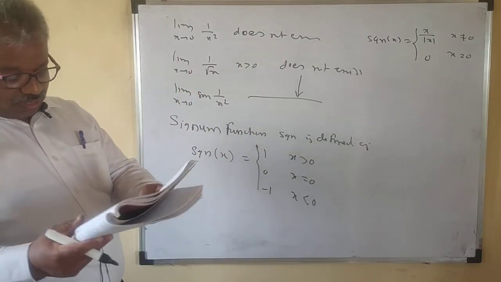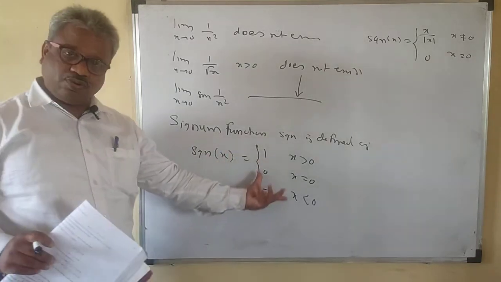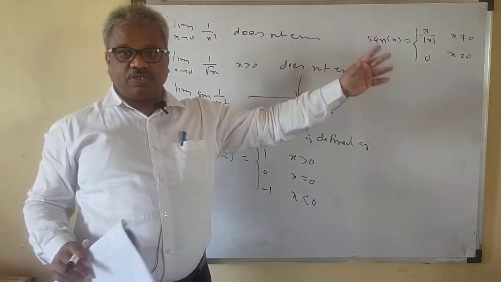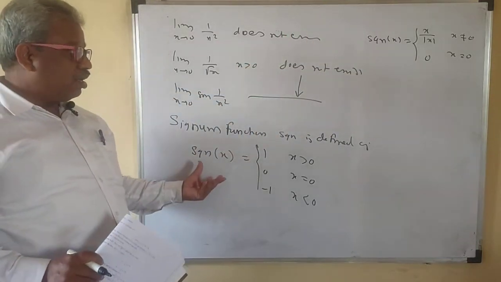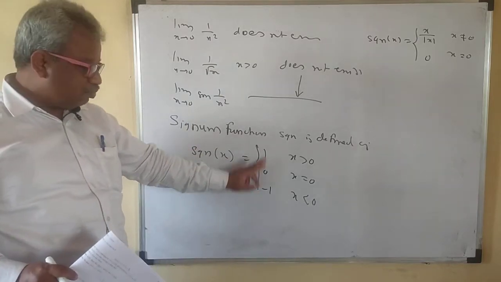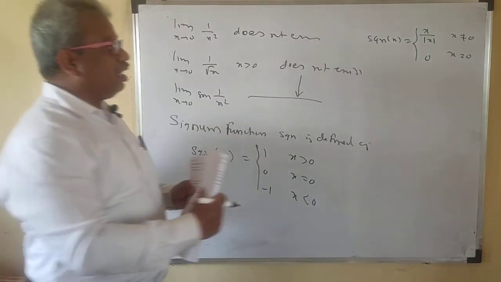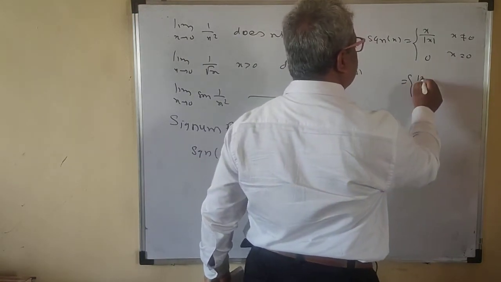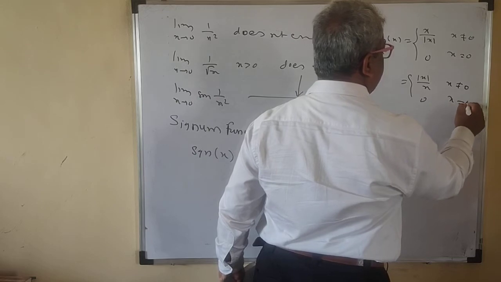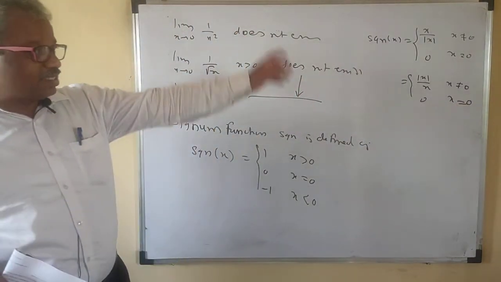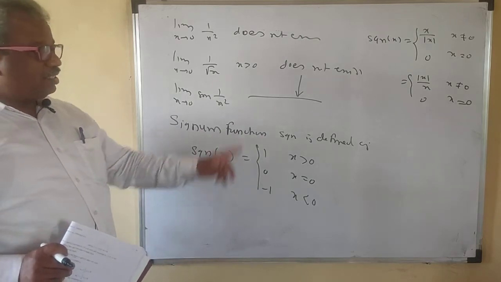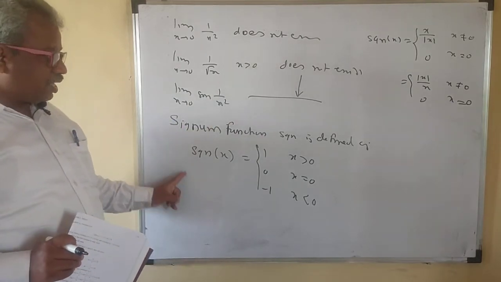So you should remember this. They will ask you, suppose they give you this function, what is the name of this function, or which of the following is not a signum function. They will give you another definition, they will just interchange the positions. Or they will also write this, mod x upon x for x not equal to 0, and 0 for x equal to 0. This is also the signum function. So all these three are the same. All these three are signum functions. Okay. So take care of this one.